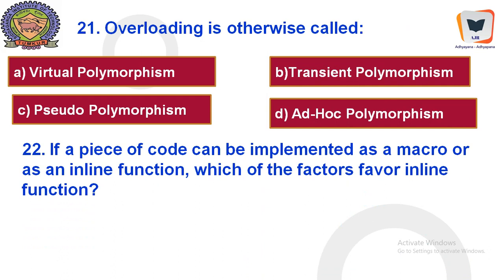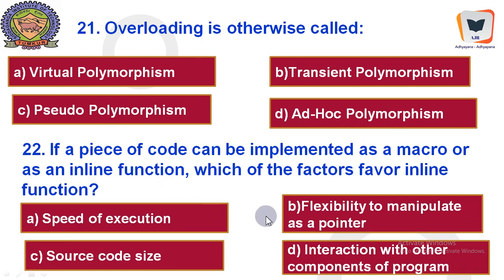If a piece of code can be implemented as a macro or as an inline function, which of the factors favor inline function? Macros, okay, let us see the answers over here. Speed of execution, flexibility to manipulate as a pointer, source code size, interaction with the other components of the program. Actually, macros do not have an address associated with them, as they are processed by the preprocessor. They are not processed by the compiler anyway. They cannot be passed as arguments to a function. Also, macros are replaced in a blind manner without any regard to the context, which may result in a stupid